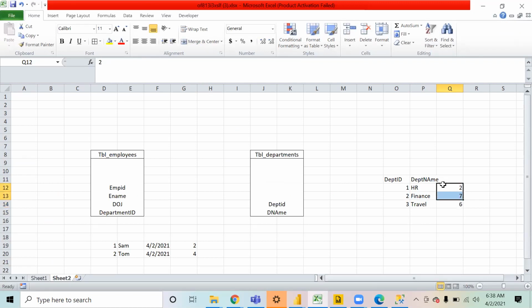Although the number of characters is less, you see 2 bytes, 7 bytes, and 6 bytes, in the backend SQL is going to store or reserve 10 bytes of memory for each of the departments. That means although the memory I have consumed is only 15 bytes, the memory that SQL has allocated or reserved is 30 bytes, right?